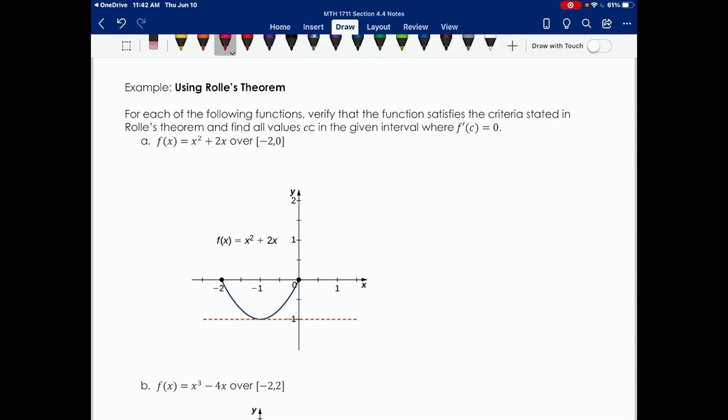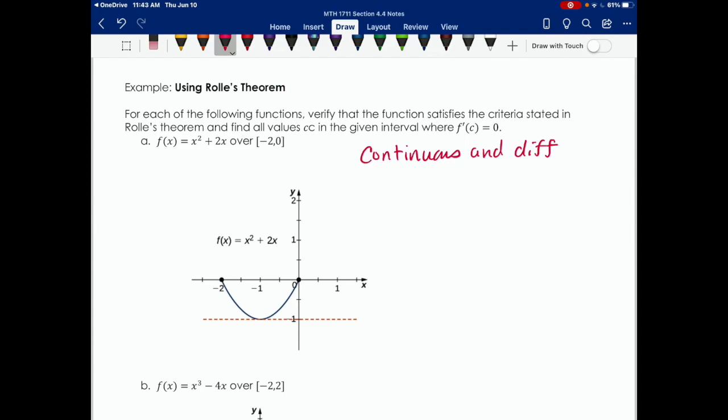We're going to consider functions that satisfy Rolle's theorem, and then we're going to find the points of c where the derivative is equal to 0. Okay, so if I look at the graph of x squared plus 2x on the interval from -2 to 0, this is a quadratic. So I know for a fact over all the reals, this is going to be a continuous function and it's differentiable at all points. So it's definitely going to be continuous and differentiable on one small interval from -2 to 0 if it's continuous and differentiable over the reals. So we know that it's